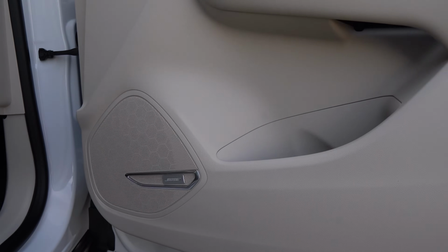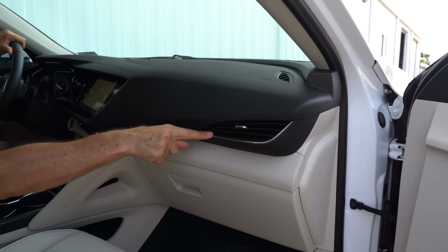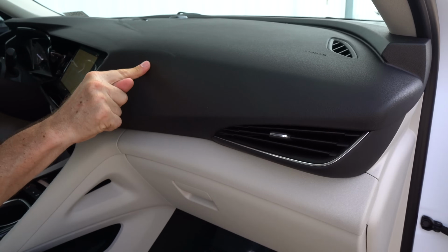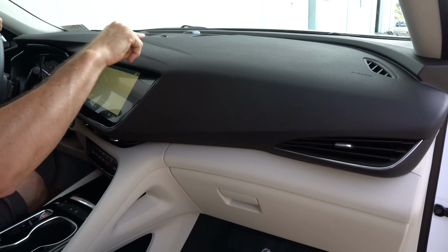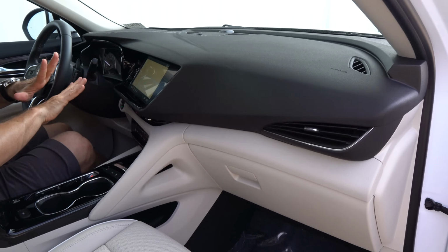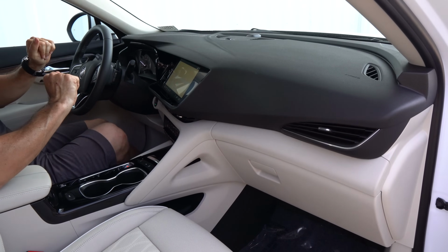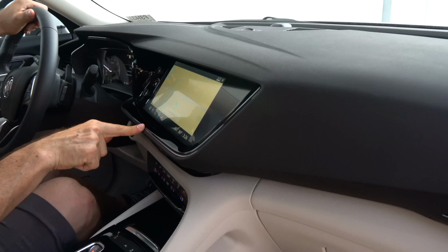We go to the dash from the door panel, and it's a little bit of a mixed bag. I do like the style of the AC vent. What I don't like is all this dead space. I feel like some simulated stitching or some actual contrast stitching would have done wonders in this area, but you'll notice how far it comes out. There's not a ton of open space, which some people enjoy, some people don't. It's one of those things you're gonna have to figure out what works best for you, but what will probably work really well for you is this